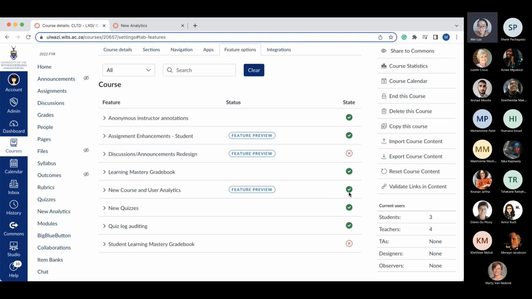So if this is not in a green tick, you can enable it by clicking on this little red cross and it will enable it for you. It does take up to 24 hours for you to see the student data